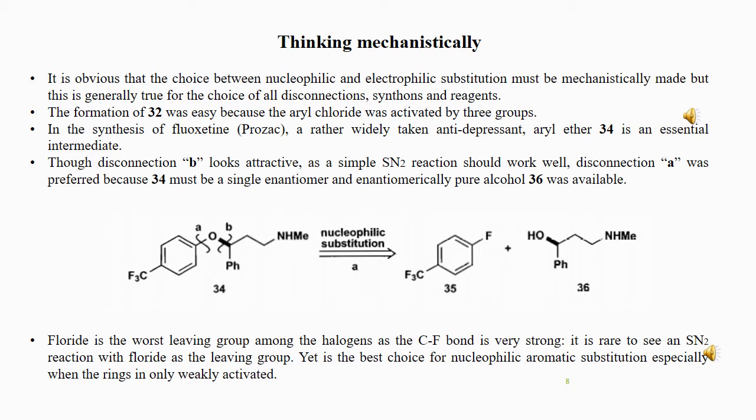Now here, as you can see in 34, when we do the disconnection, we suggest 35. Now fluoride is here, and we know that fluoride is the worst leaving group among the halogens, as its C-F bond is very strong. So it is very rare to see an SN2 reaction with fluoride as the leaving group. Yet it is the best choice for nucleophilic aromatic substitution, the fluoro leaving group,